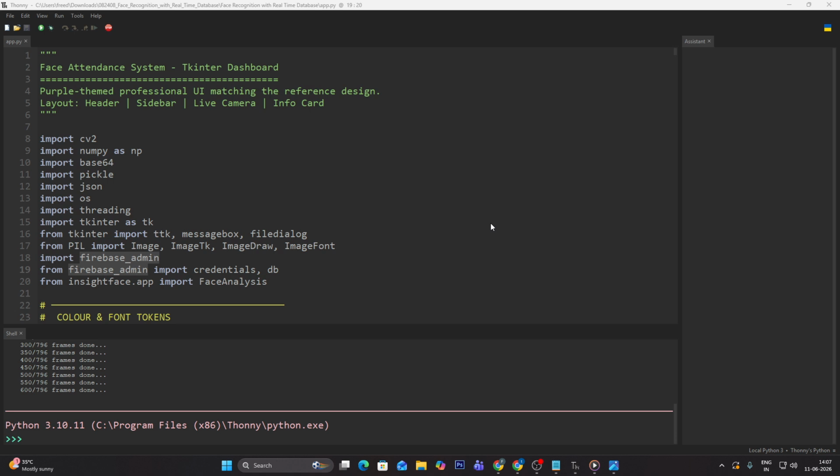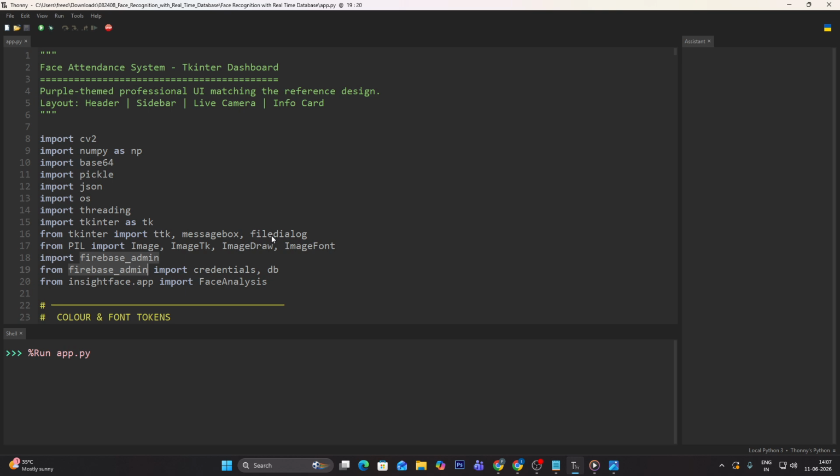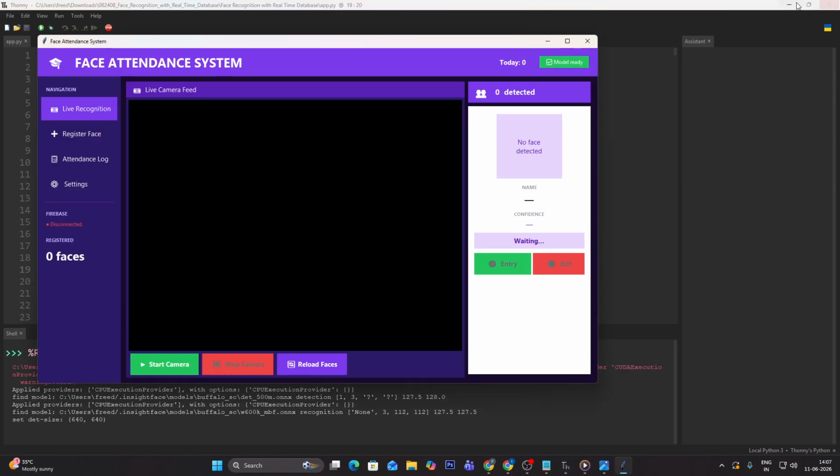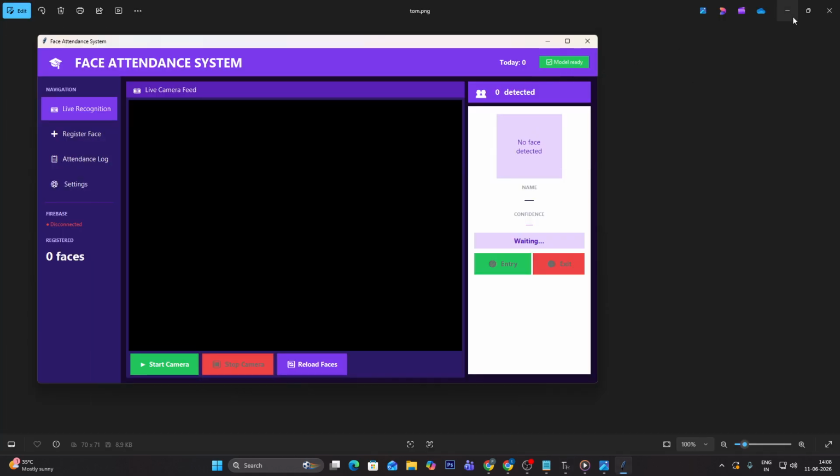Now this is the Tkinter application. So I will simply run app.py. It will open our Tkinter application. As you can see, this is our Tkinter application. So first things first,